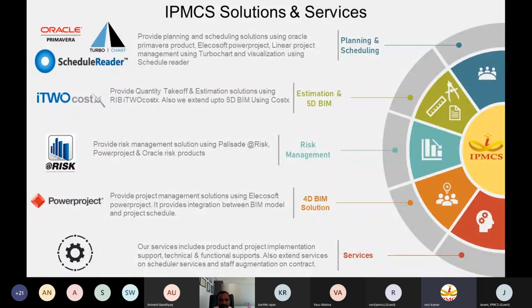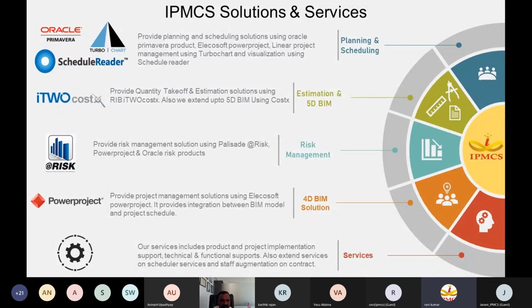Quantity takeoff and estimation solutions are provided from RIB I2 Costex, which can also be extended up to 5D BIM. For risk management solutions, we are associated with Palisade @Risk, and we also provide solutions using Power Project Risk products and Oracle Risk products.